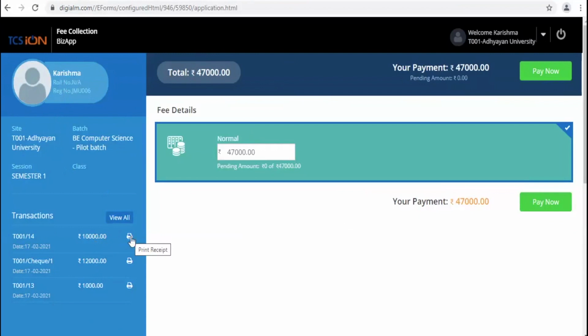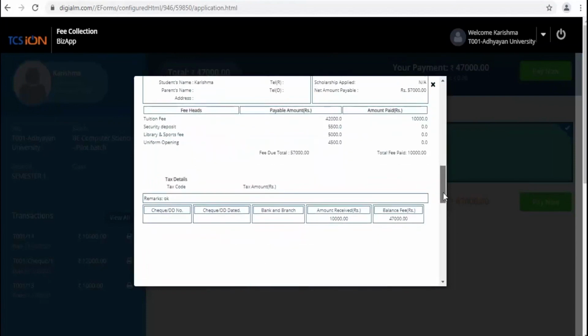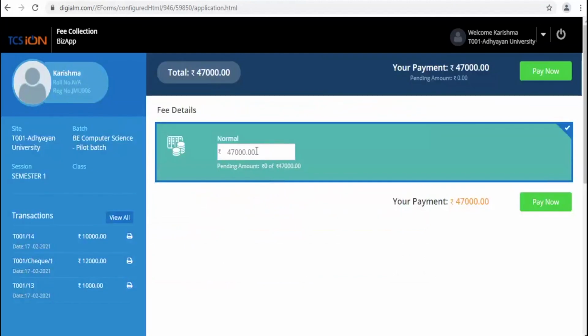From here itself, students will also have a provision to download their fee receipts or the previous fee receipts. Like this. And here it is showing the 47,000 is due for the students.